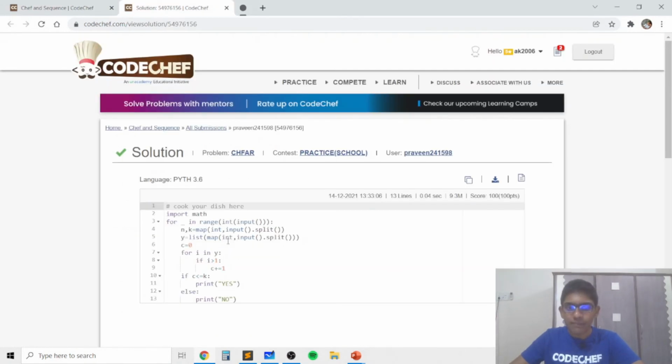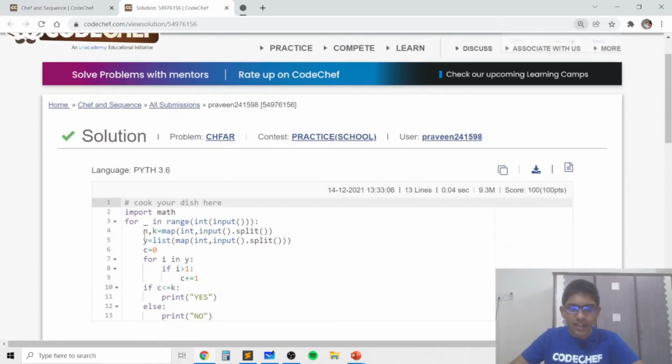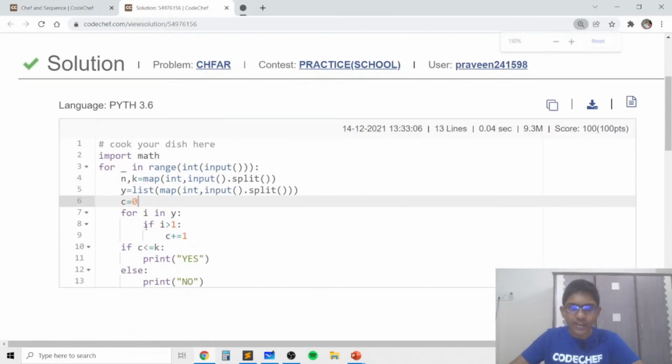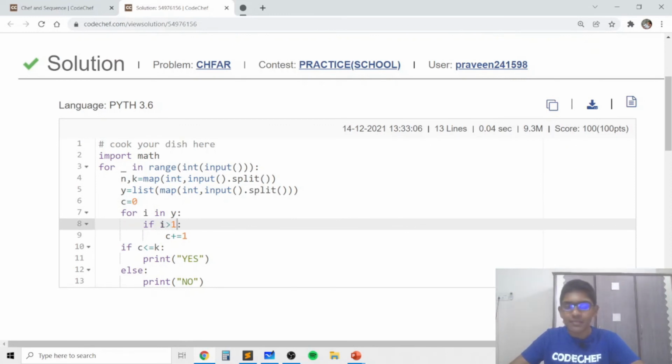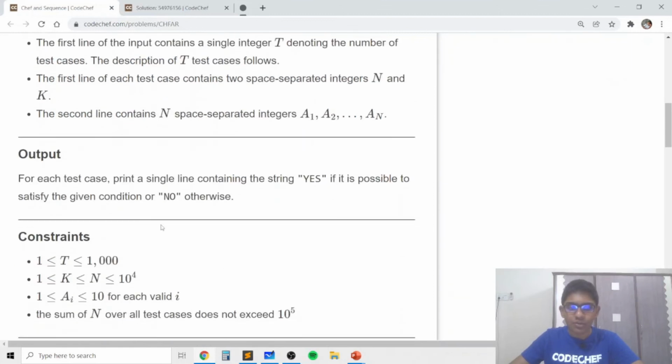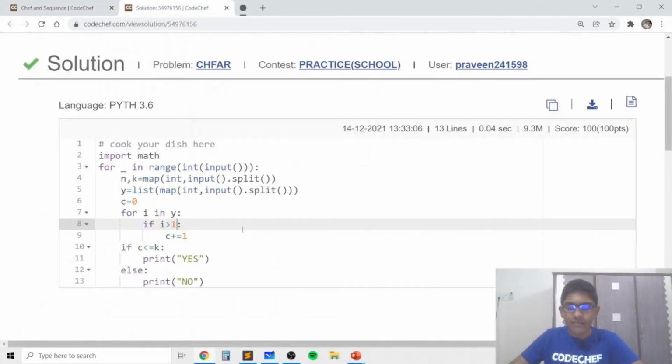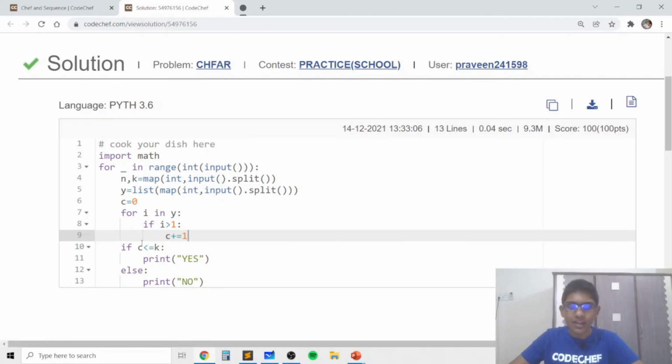Or in the Python code, you could take in the array itself as a list, and you could maintain the count of the number of elements which are strictly greater than 1, because note that there are only two cases: either the element is equal to 1 or is strictly greater than 1. The elements can't be less than 1, because from the input we know that all the elements are between 1 and 10. So that's why if the element is greater than 1 or if it's not equal to 1, both the conditions being the same thing in this case, we can just increase c by 1. And if this value of c is less than or equal to k, we can print yes, otherwise we can print no for each test case. And both these codes get accepted.